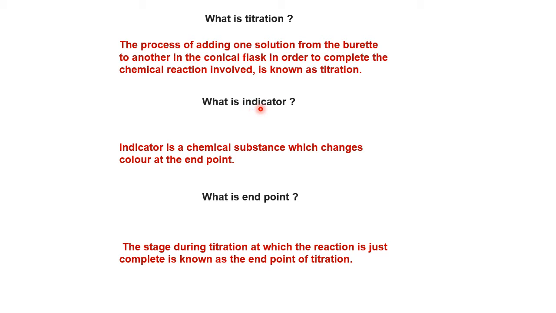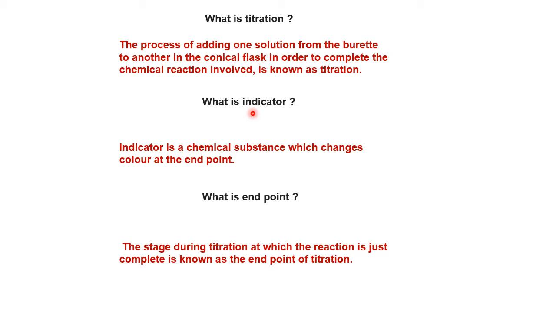What is an indicator? We learnt this in the 10th class or the 7th class under the chapter acids, bases and salts. Acids and bases are distinguished by a simple method known as the indicator method. There are some indicators that show some color in the acidic medium or in the basic medium. Depending upon whether it is an acid or a base, it gives a color. So depending upon the color, we can say this is an acid and this is a base. The simplest example is litmus.